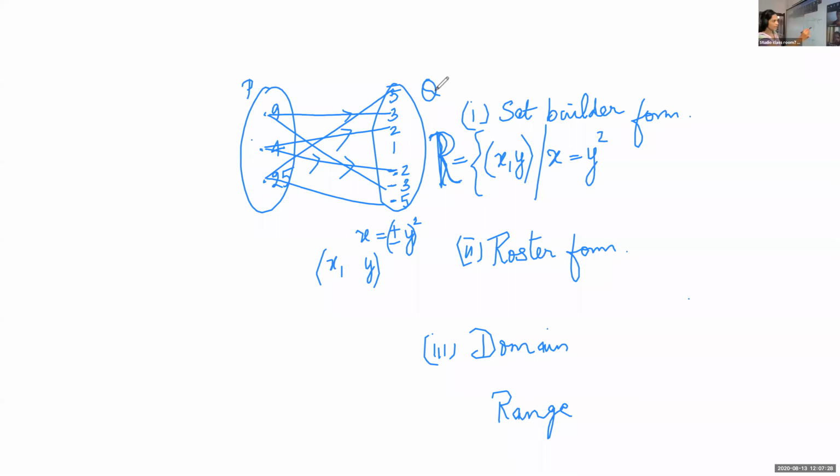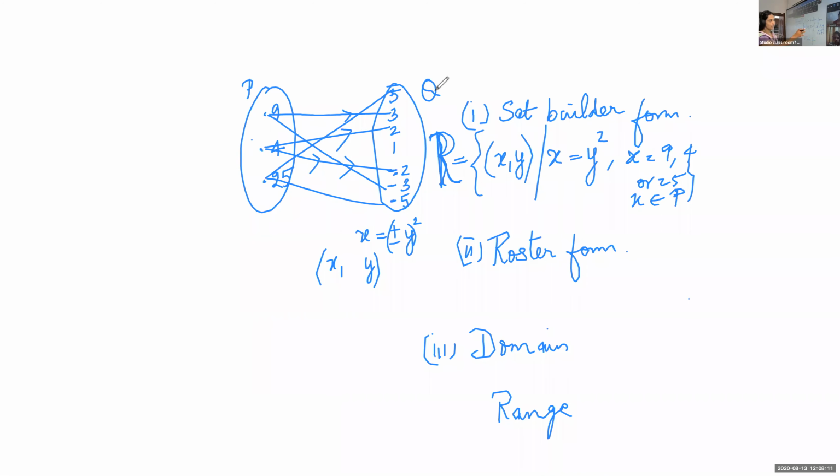And what about this? Whether we are taking all the values? No, we are taking only a few values here, where x takes the values 9, 4 and 25. Or you can write this as where x belongs to P. We are taking only these three elements. So we can't simply leave x is equal to y square, because it would include all the elements of real numbers. Here we have to specify which elements we are considering: 9, 4 and 25, or x belongs to P.